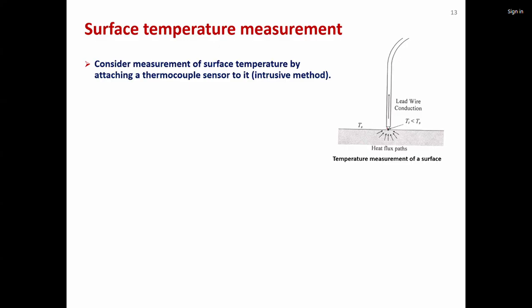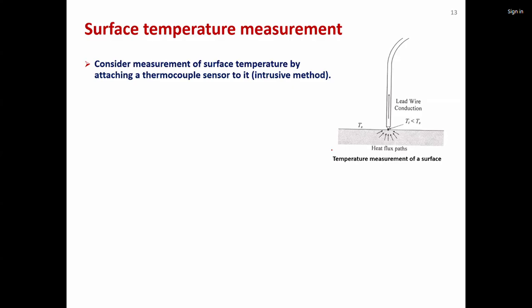So essentially, this problem is called lead wire conduction error. The temperature that you end up measuring is going to be lower than the actual temperature of the surface. If the actual temperature of the surface is Ts, your thermocouple tip is going to measure a temperature Tt, which is going to be less than Ts, because some of the heat is already drawn along the wire and it is lost to ambient. So this introduces error